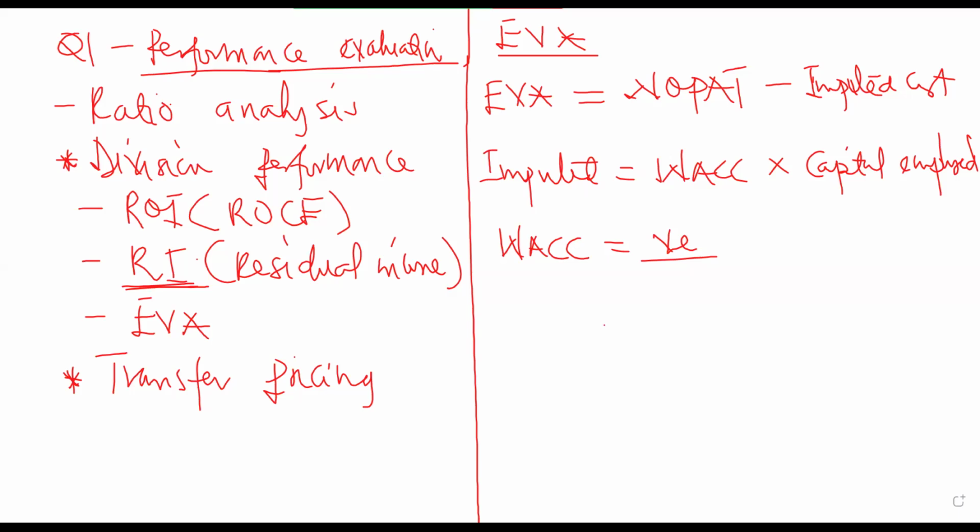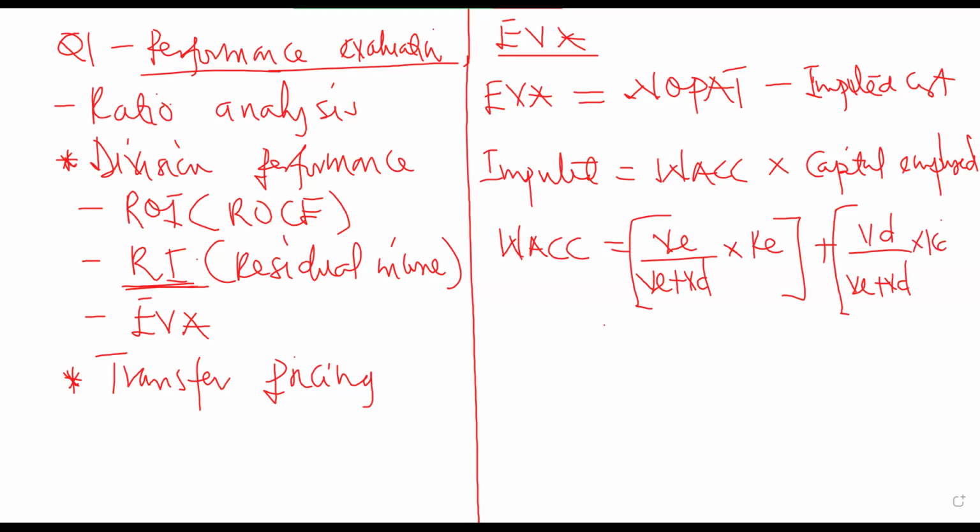Okay, so we have the value of equity divided by value of debt multiplied by the cost of equity, which will be given to you. This is not financial management, so they will not be expecting you to do more of this. Plus then you have your value of debt divided by value of equity plus debt multiplied by cost of debt